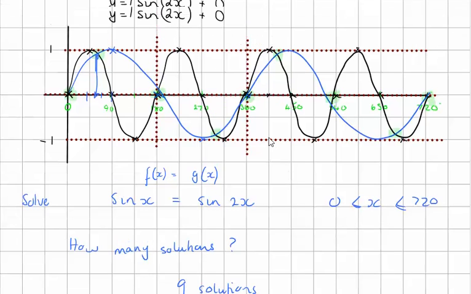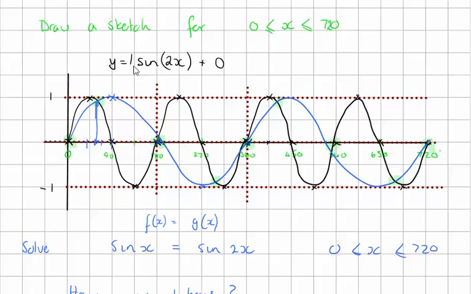So if I told you that sine 2x was g of x, and f of x was just sine of x, those points are where f of x equals g of x. You will see that coming up. And that's how, if you know your sketches, you can figure out how many solutions there are by sketching those two graphs. Anyway, I'll let you carry on with the rest of the